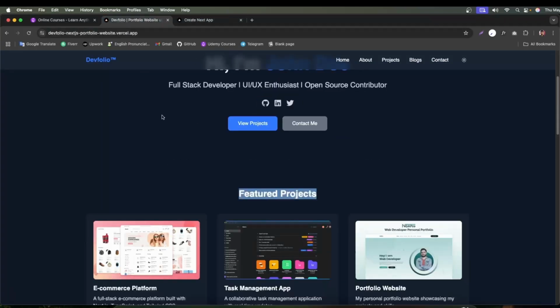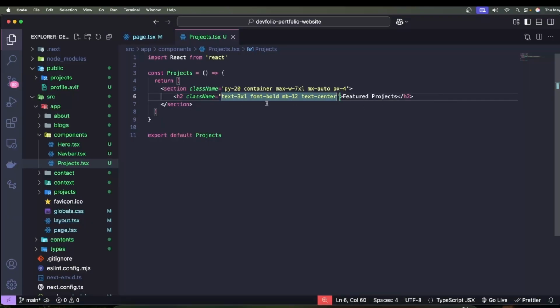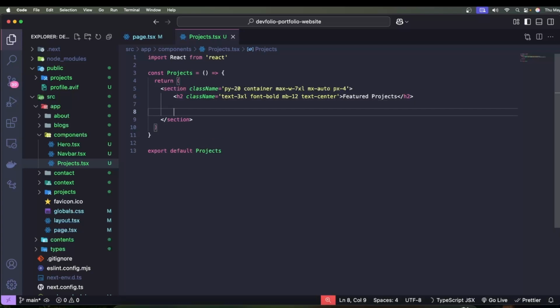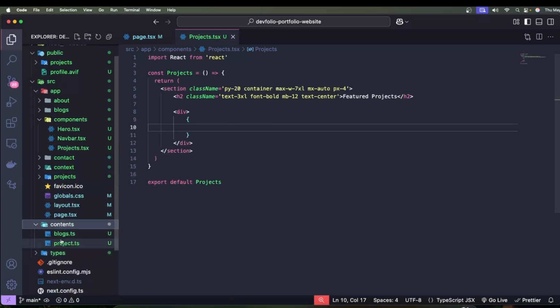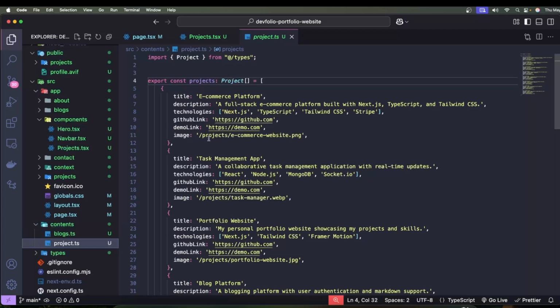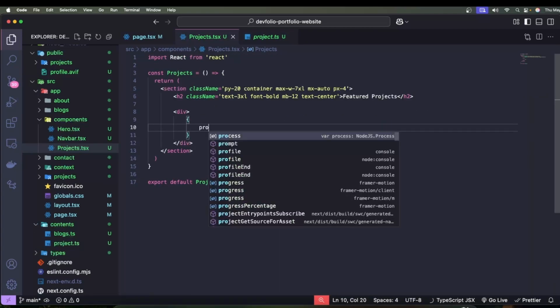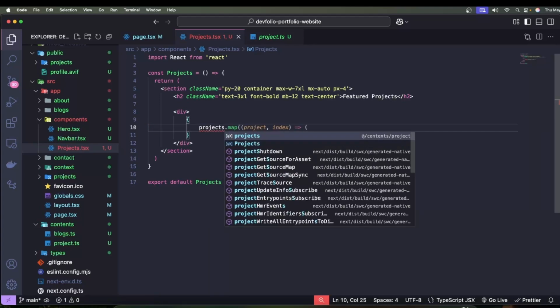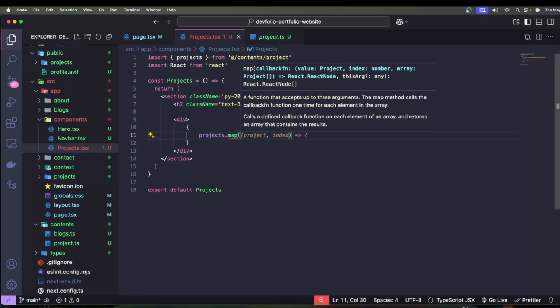Okay, so after that, we'll have to present this card with the necessary information. So that's why after this h2, you will have a div, and inside this div we will have to present projects. Our projects are inside this content section. You can see inside this content we'll have an array of projects. Okay, so we'll import those projects here. So we'll simply define projects. Okay, projects, let me import from content, we'll map it. And now here every time we will get actually